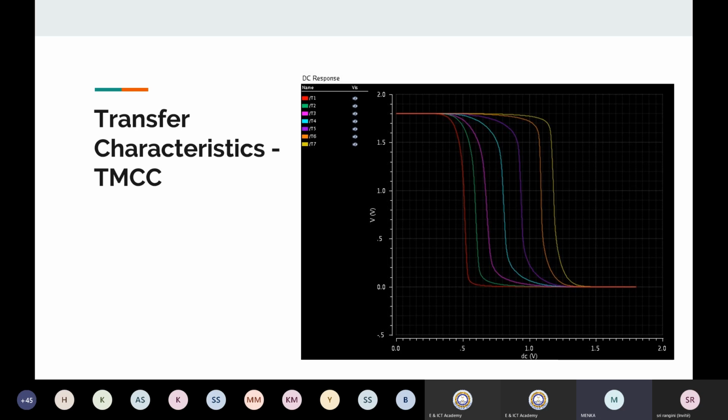TMCC stands for threshold modified comparator circuit. TMCC is one way to prepare your flash ADC. There are different other techniques also that people are using. The comparator is the critical thing in a flash ADC. So TMCC is one kind of approach. There are n number of other approaches in research which have already been listed.